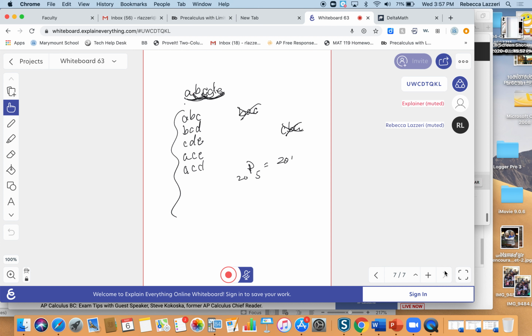That would be 20 factorial over 20 minus 5, which is 15 factorial. If a calculator's allowed, you could type it in like this, or you could type it in factorial. Remember, if you have more than one number on the bottom, use parentheses. Or you could do your canceling: 20, 19, 18, 17, 16, 15 on down cancels out. But you're still probably going to want your calculator to multiply it out. So let's do this one on our calculator.